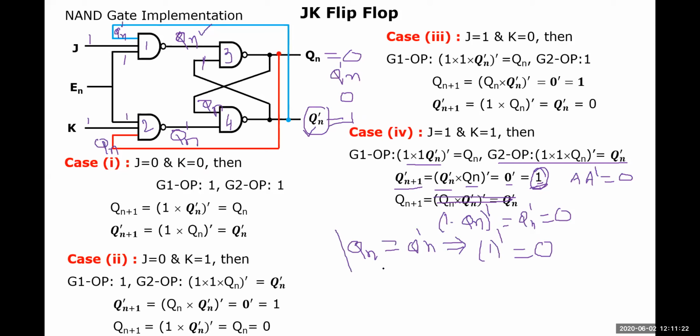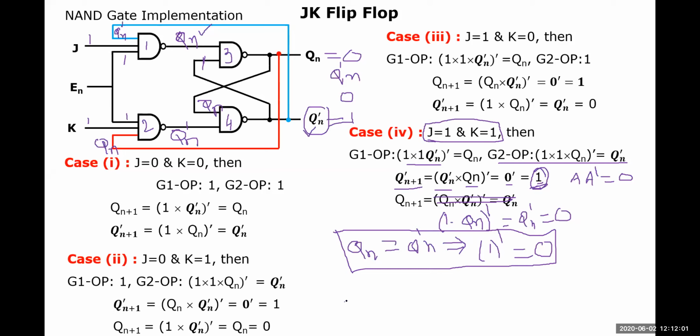In this way, you have to consider this particular case as the toggled case. Toggling means the same button can perform 2 different operations. One is for off, the second one is for on. Otherwise, one is for true and the same operation is for false, something like that. So doing that operation is called the toggling operation. This toggling operation exists when j equals 1 and k equals 1. In this way, you have to evaluate this whole JK flip-flop here.